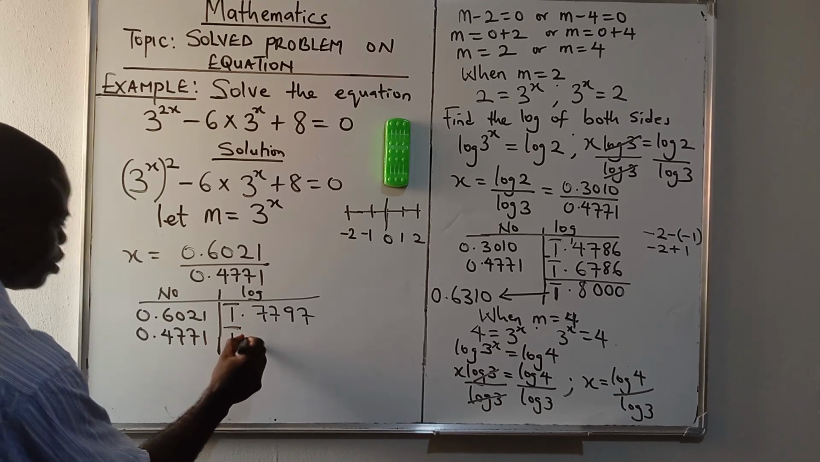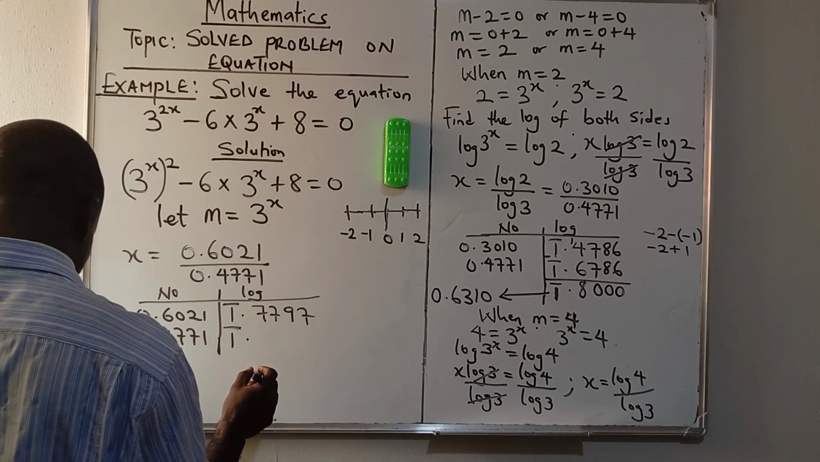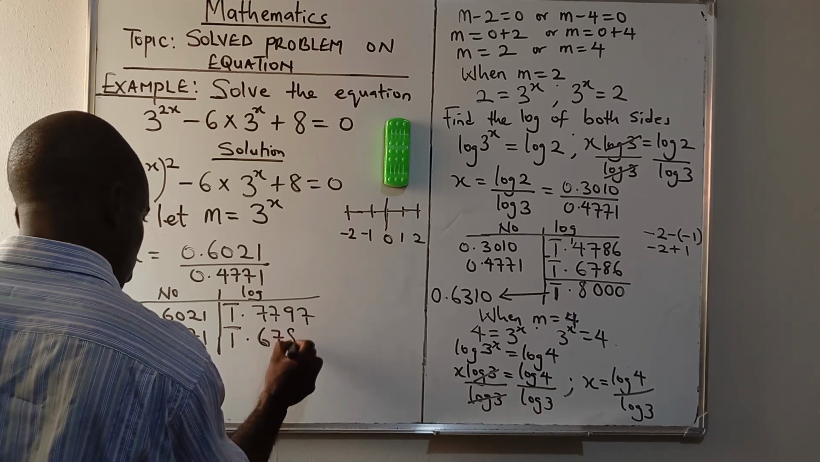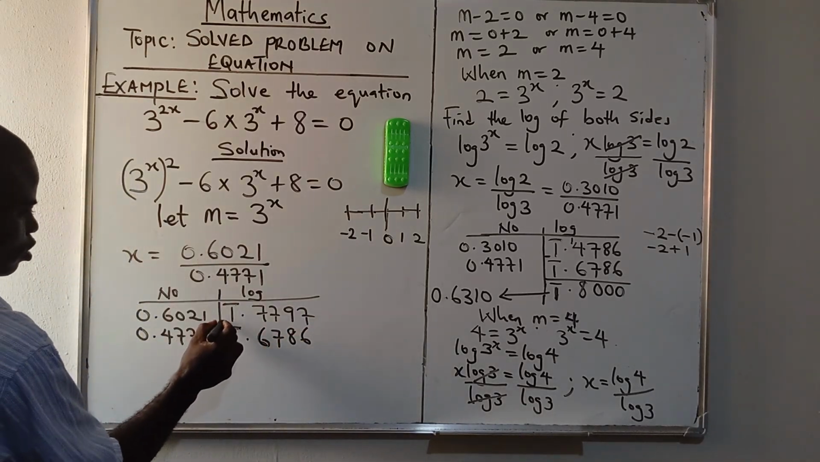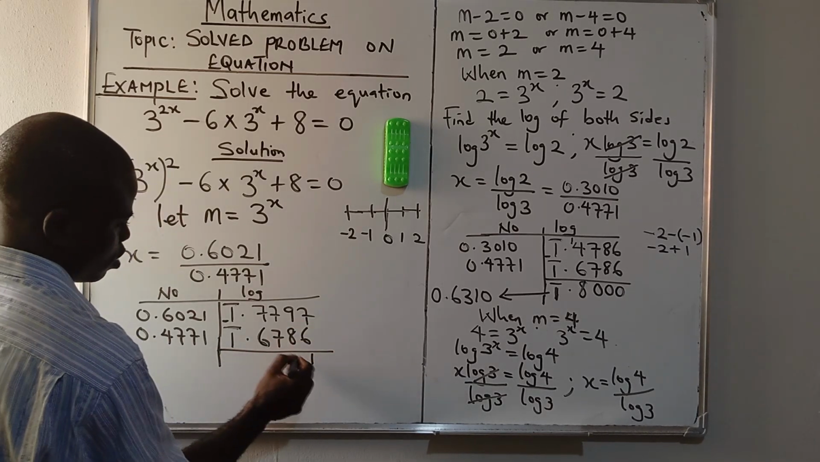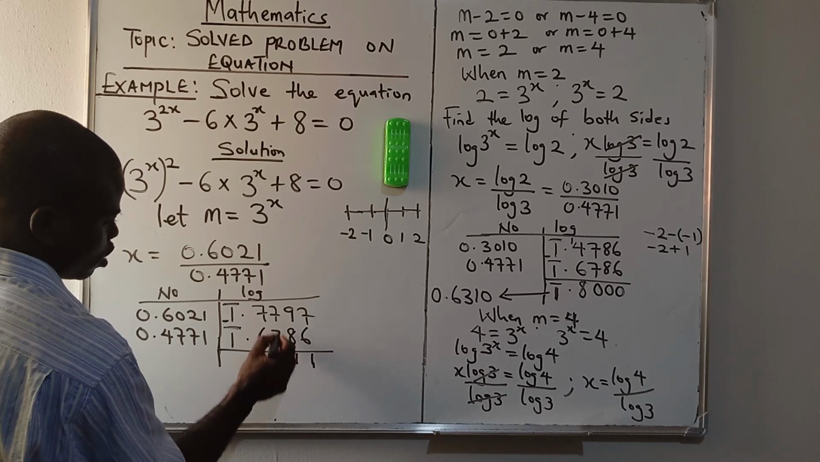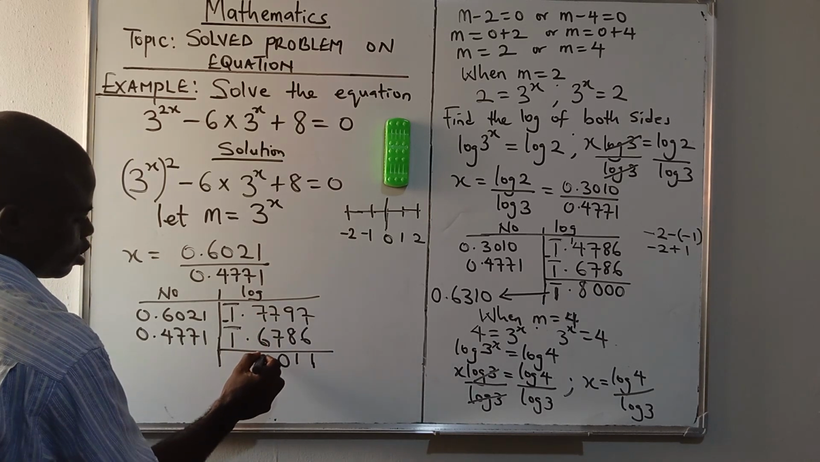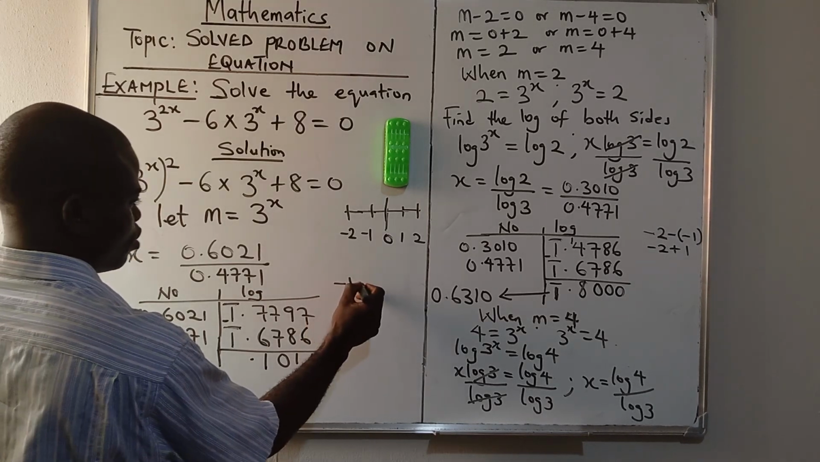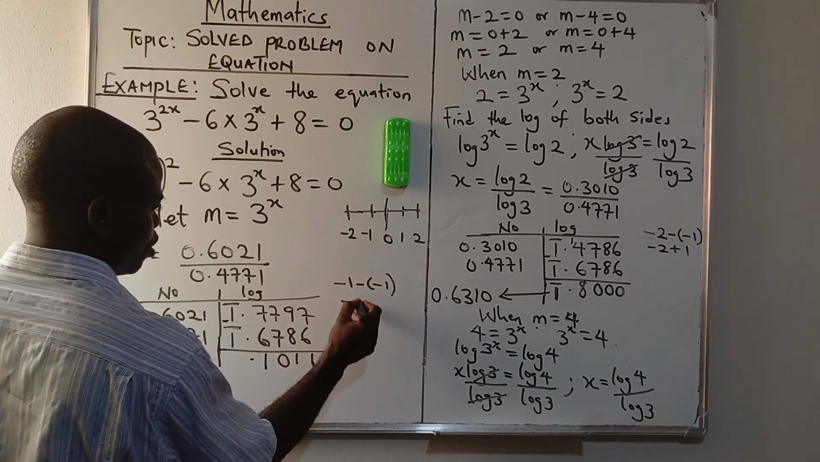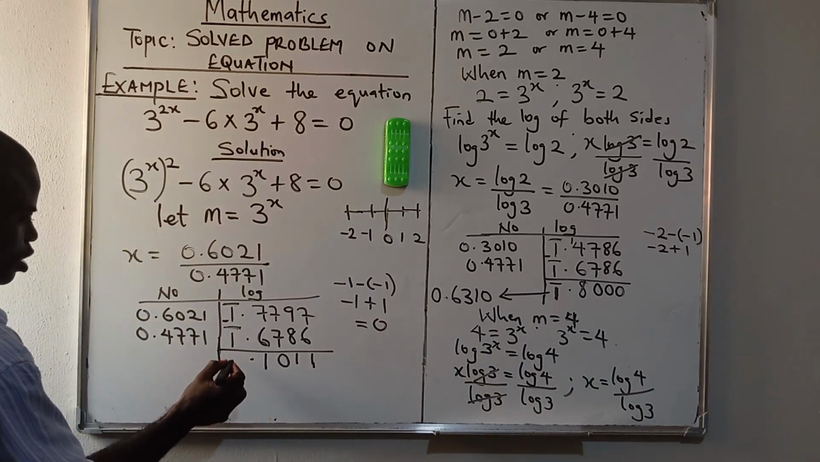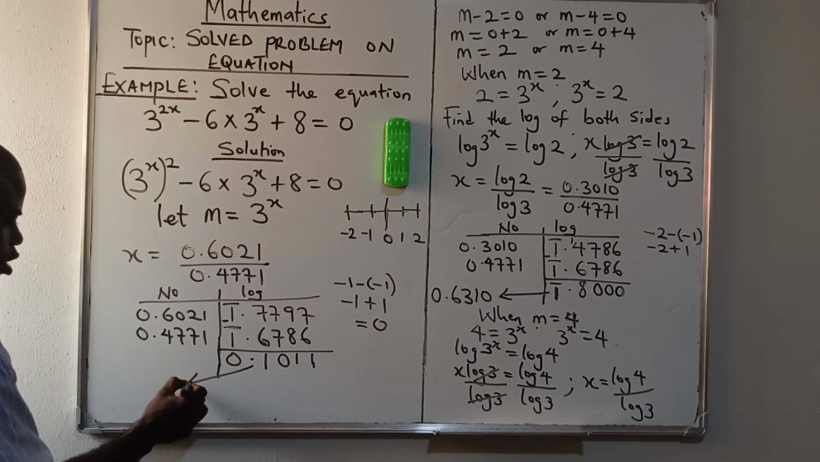Then check 1.47 under 7, difference of 1, you have 6786. But because division introduces negative, you want to subtract: 7 minus 6 is 1, 9 minus 8 is 1, 7 minus 7 is 0, 7 minus 6 is 1. Now minus 1 minus 1, minus times minus is positive 1. Minus 1 plus 1 is 0. That is equal to 0. Find the antilog, check